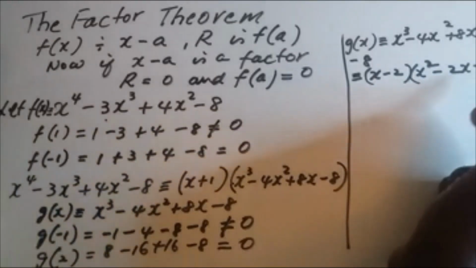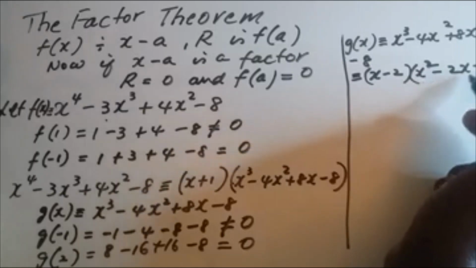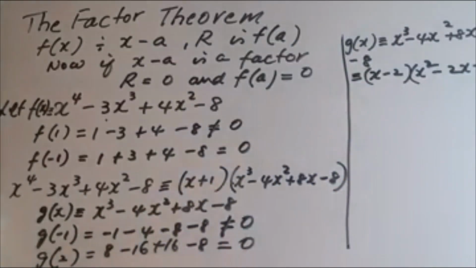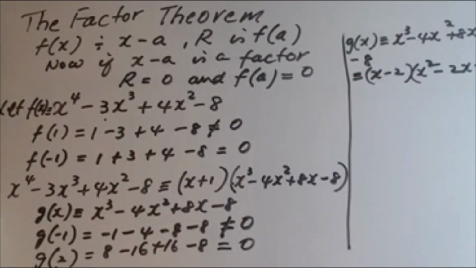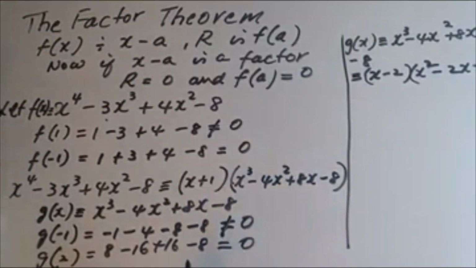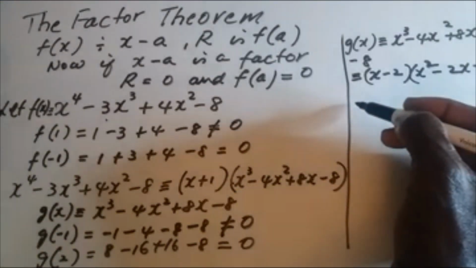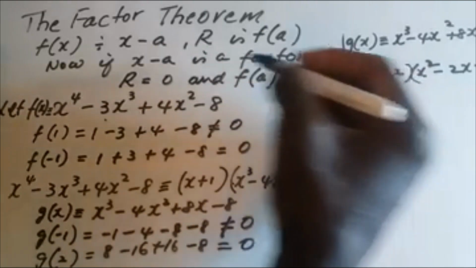And if you check the determinant here, we know that this is not a linear function, and also we know that we are unable to factorize this quadratic any further. So our conclusion is that what we started with,